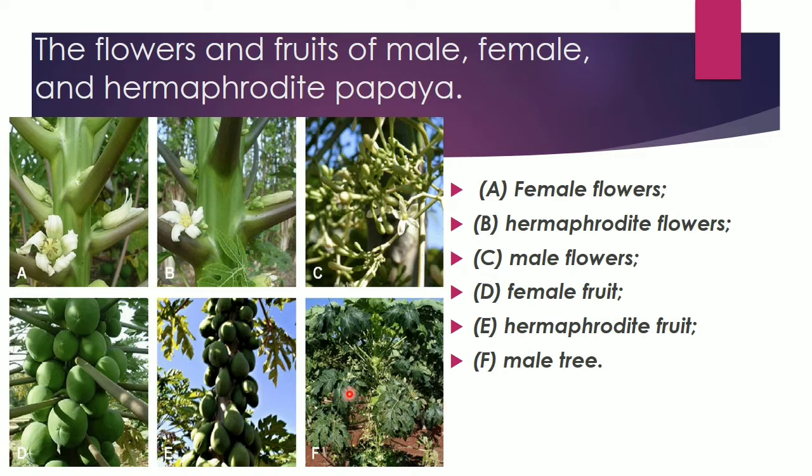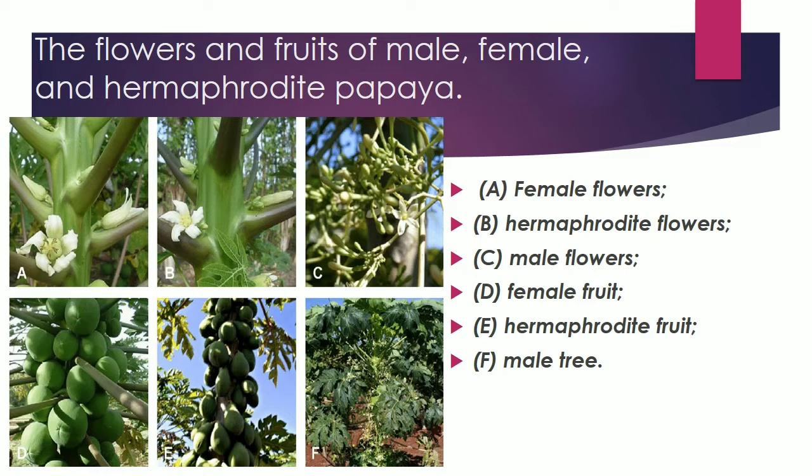So why I had shown this is because there are some species, very few species, which are hermaphrodite or bisexual plants in papaya. But majority of them, I think 34-35 species of papaya are there, and of those 32 are dioecious. There will be male and female plants separate, but very few are hermaphrodite, with both male and female whorls or parts in the same flower. That type of species is also rarely present.